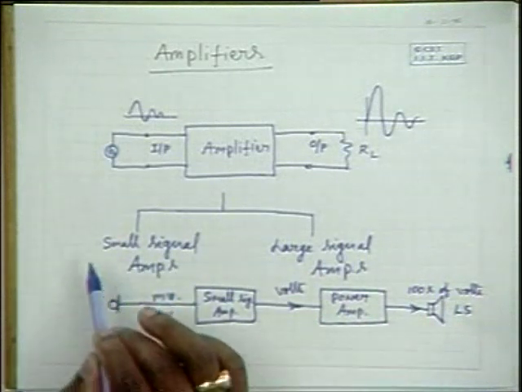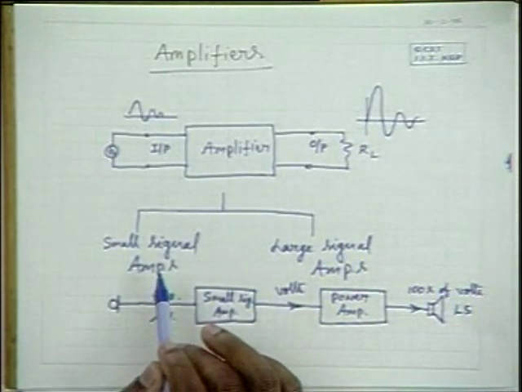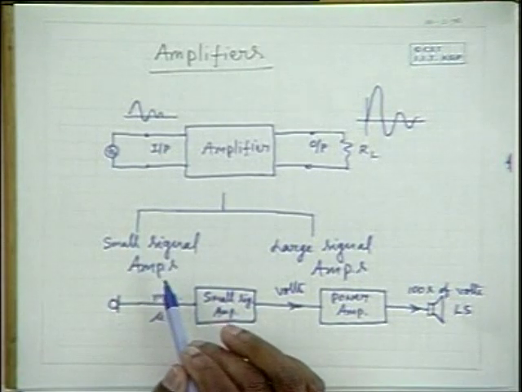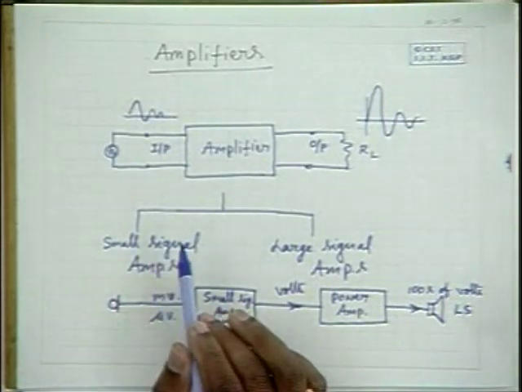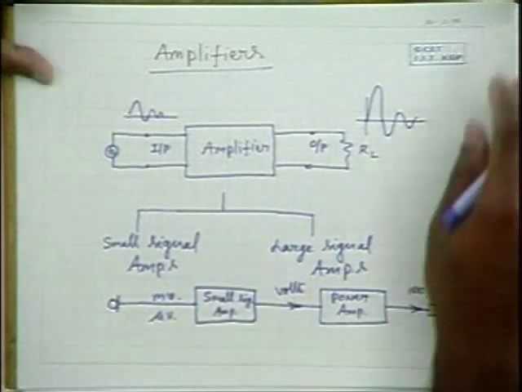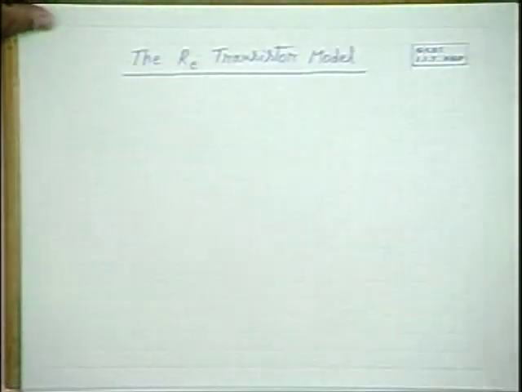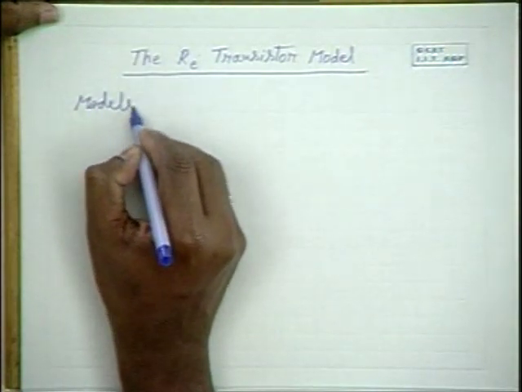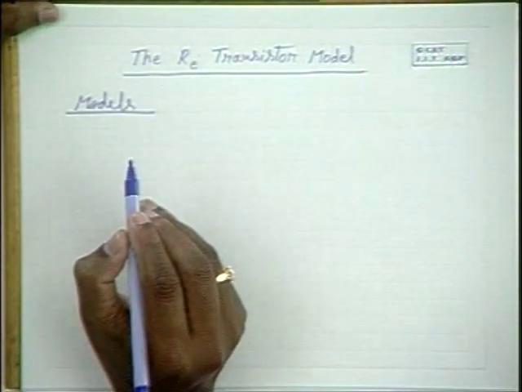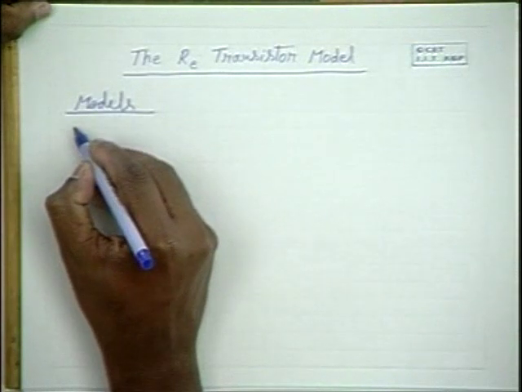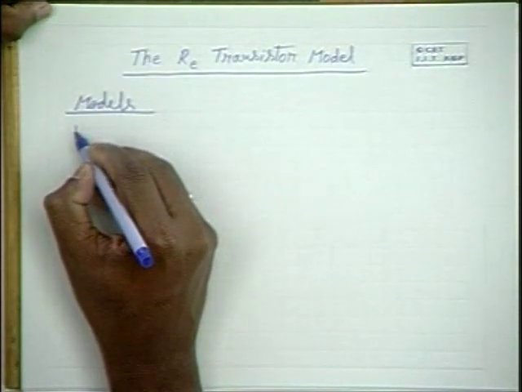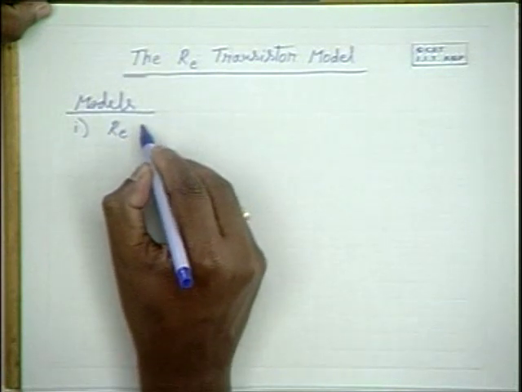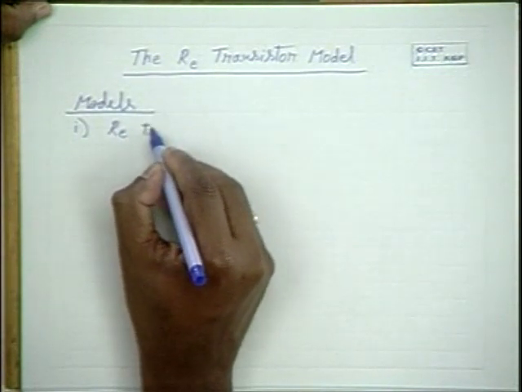For small signal amplification applications, you can use certain transistor models. There are several models that can be used. The popularly used models for small signal amplifiers are the RE transistor model,